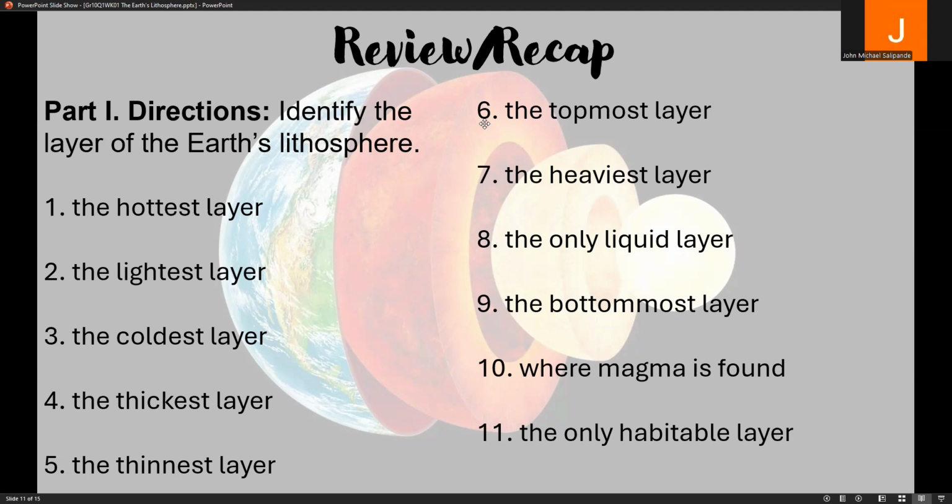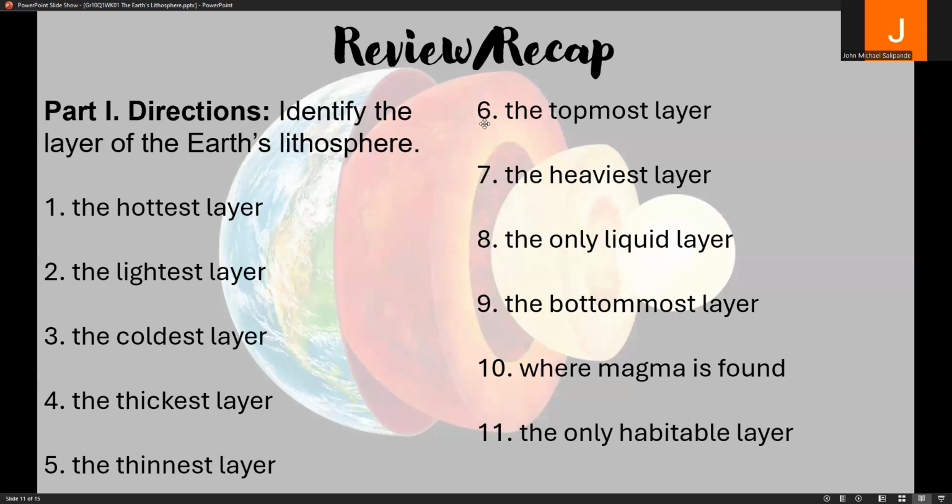So you might be wondering, why is outer core the only liquid layer out of the four layers of the lithosphere, no? It's because the outer core is already surrounded by two solid materials such as the mantle and the inner core. So as the tendency, when you are surrounded with too much heat, you tend to melt. That's why outer core is the only liquid layer. It's incomparable to that of the mantle. So as you can see, mantle is situated between the crust and the outer core. But because mantle is still thick enough compared to the crust, which is very thin, no, mantle and crust remain solid pa rin.